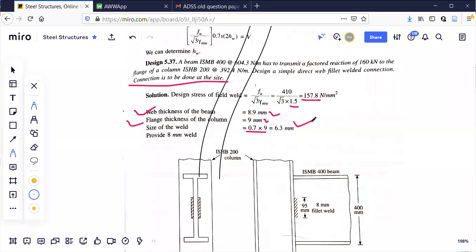As I told you, design will not be unique. There is a major thing you learn about designs: if somebody uses 6 mm and designs it, he may get a higher length, that's all, the length will be more. So design is always not unique. There can be n number of solutions for any given design, but it should fall within the criteria stipulated by code books. That is why code books have come into the picture. At least it should fall within a certain range.